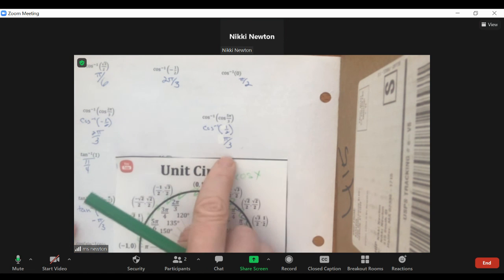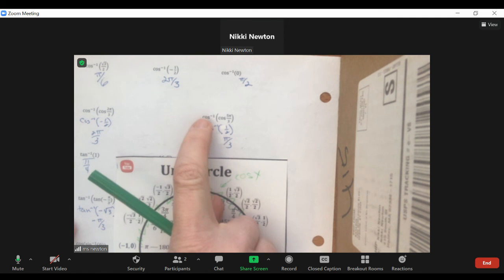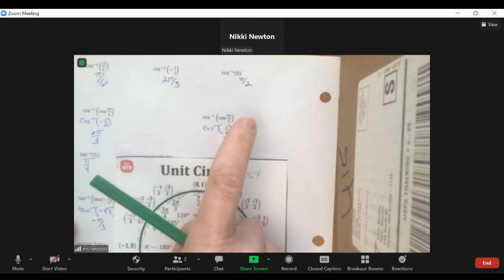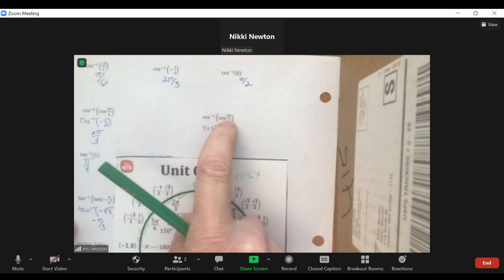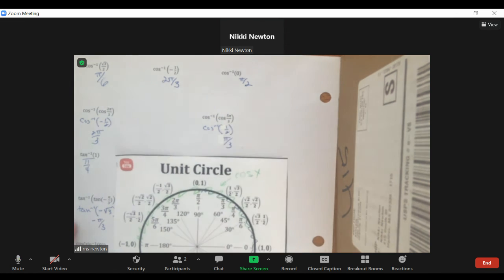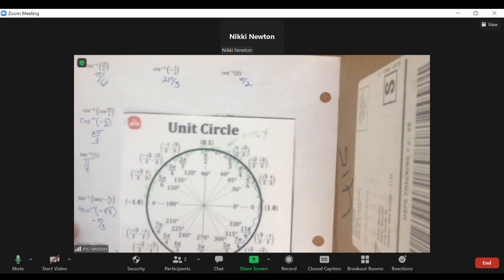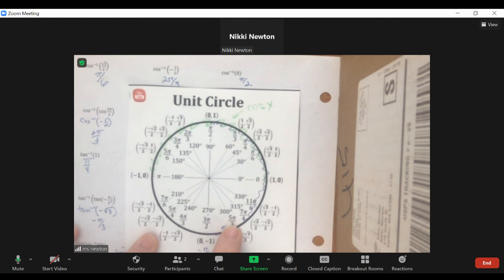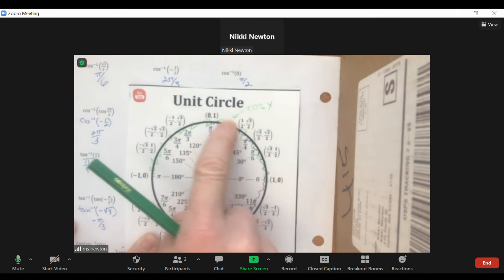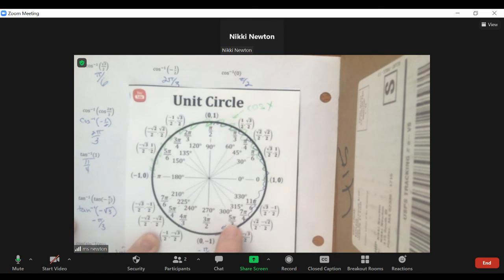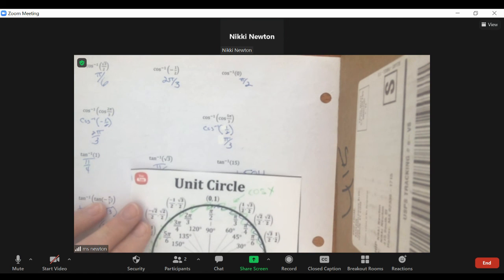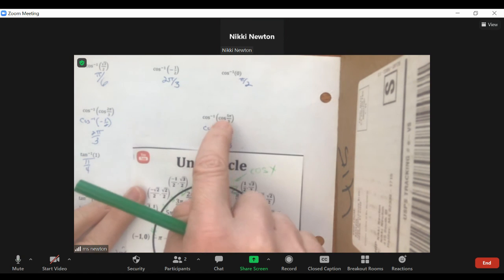I'll do one more before I pause. So cosine inverse cosine is 5 pi over 3 inside the restricted domain, and 5 pi over 3 is over here, and it's not. My region for cosine is up here, so I cannot use the cancellation property. So I've got to think cosine of 5 pi